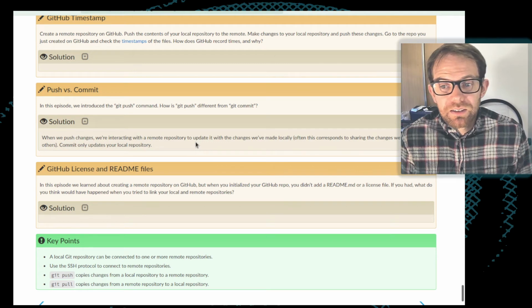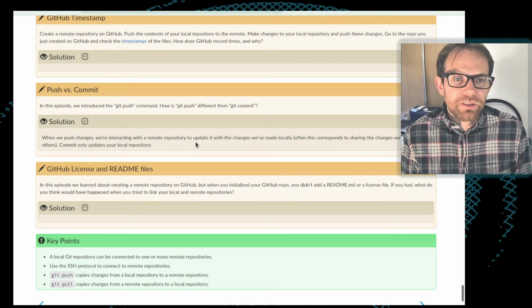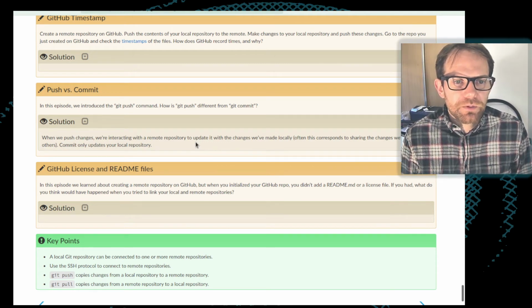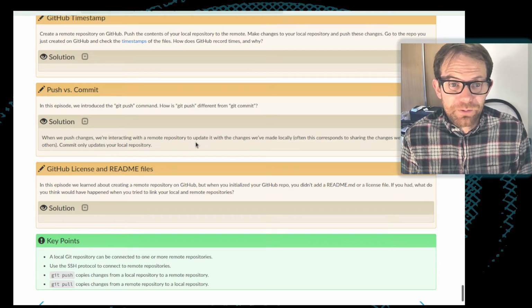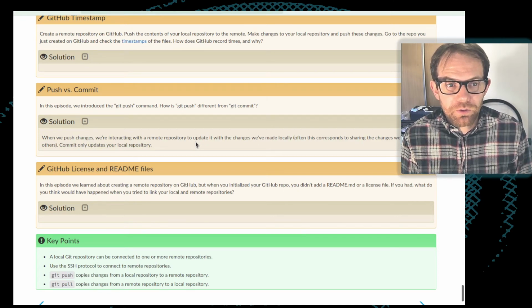So this raises a useful point, I guess, which is you do always need to remember, for example, at the end of the working day, to do something like run git push to send all of your changes to the remote repository.